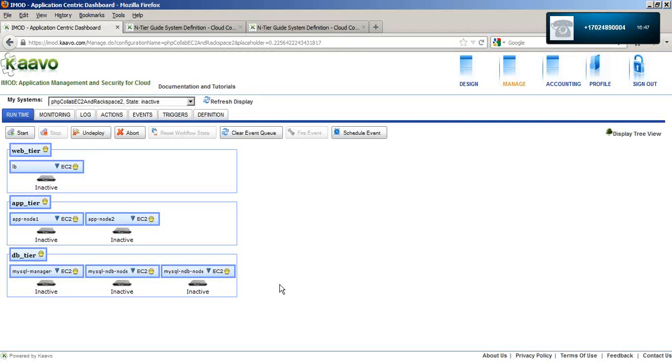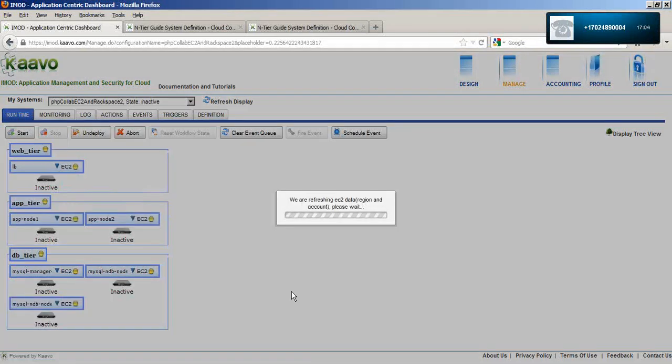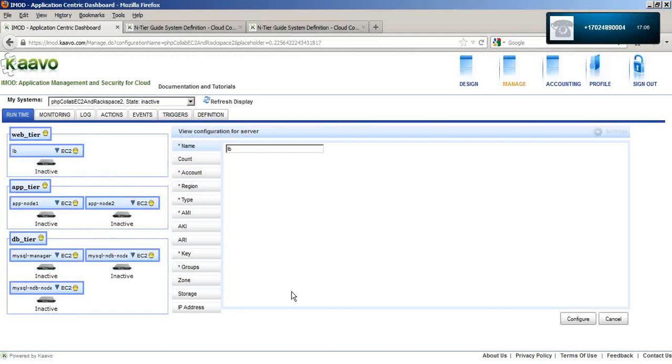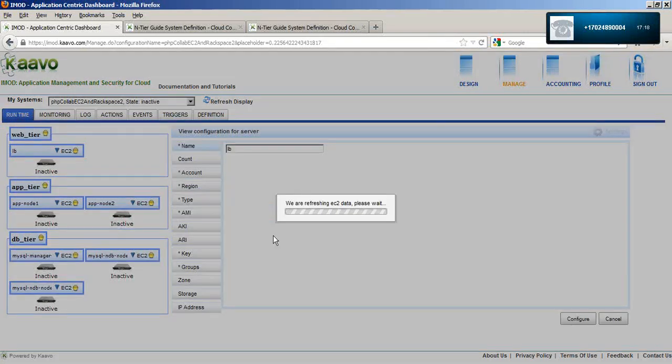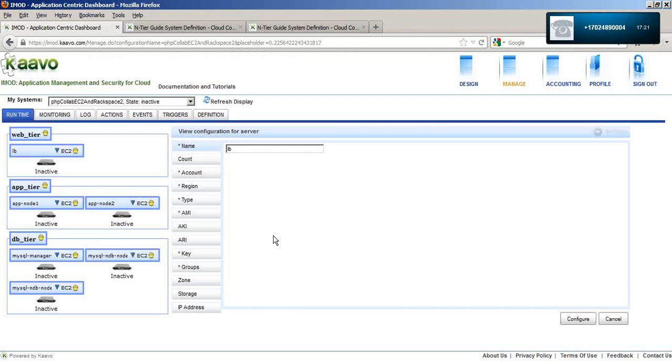Region-wise, this system has US West 1 as the active region, but it is also designed and tested to run in US East 1. Let me switch the system to the US East 1 region. To do that, I have to bring up the edit configuration window and go to the regions tab and switch the region to US East 1. And then reconfigure.